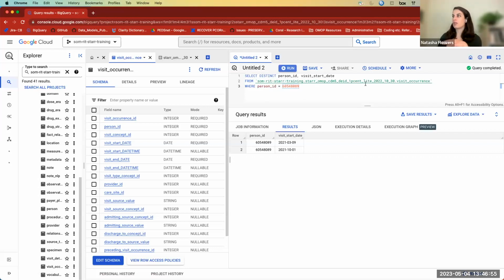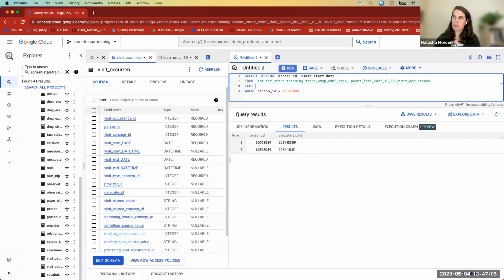Cool, okay, so we have our visit occurrence table. We need to join this to the person table in order to actually find that birth date time. I like to do a left join by default because I think it makes it the most obvious when things don't go the way you expect. But there are a variety of different kinds of joins you could do. You could do an inner join, an outer join,